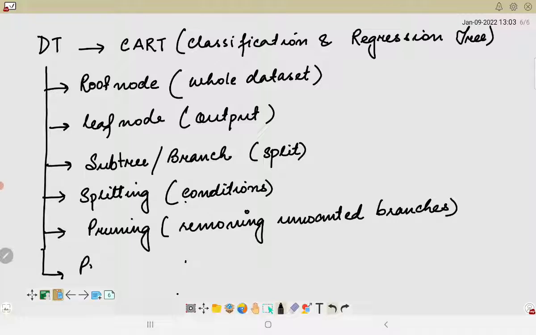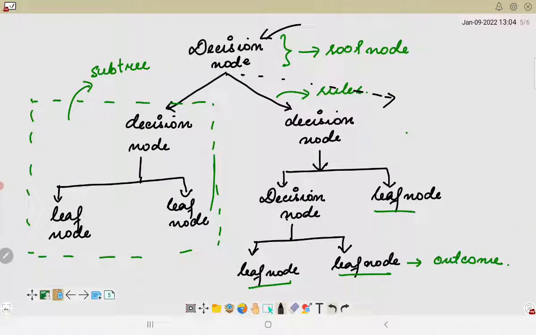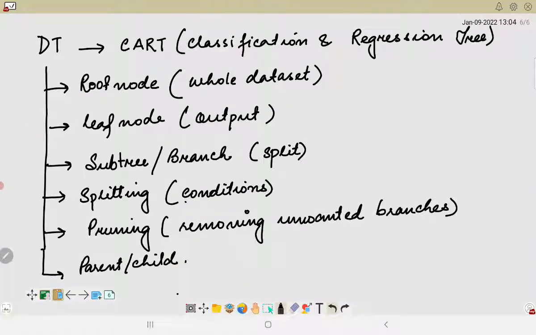And we will also have a parent and a child node. If we are handling a tree, essentially the root node of the tree is called the parent node, and all the other nodes are the child nodes. So here this will basically be the parent node, the others will be the child nodes. Now why we use a decision tree is very important. Decision trees are used because they mimic the human thinking ability directly, and they are very easy to understand, and the logic behind the tree can be easily understood because it shows a tree-like structure.